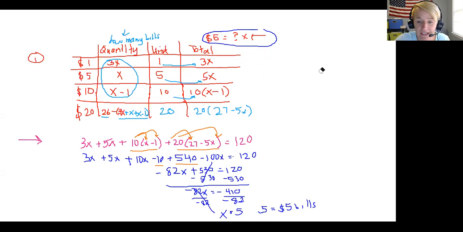So right now I believe that x equals 5. In order to check it, I need to just come up here and resolve the problem. I'm going to start with this one again, except every time there's an x, I'm going to put a 5 in there. Okay, so here's 3 times 5 plus 5 times 5, because there was an x there, plus 10 times 5 minus 1, plus 20 times